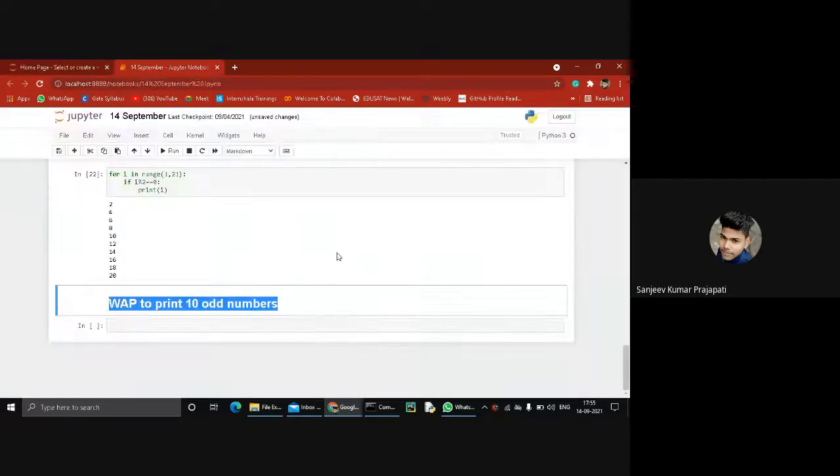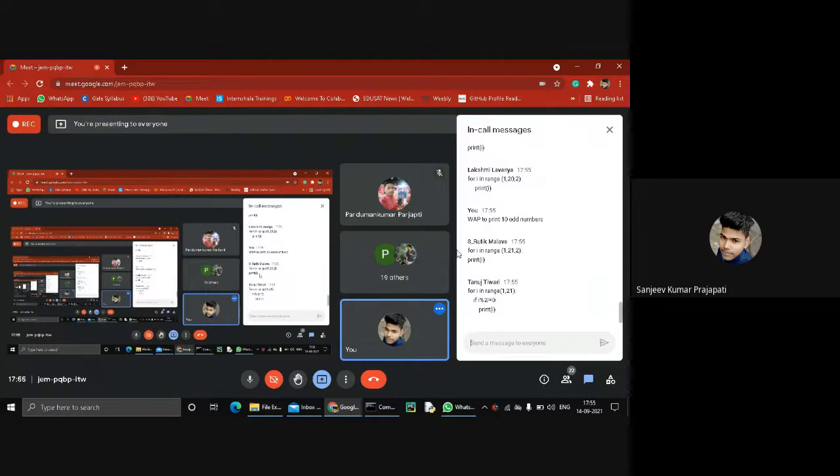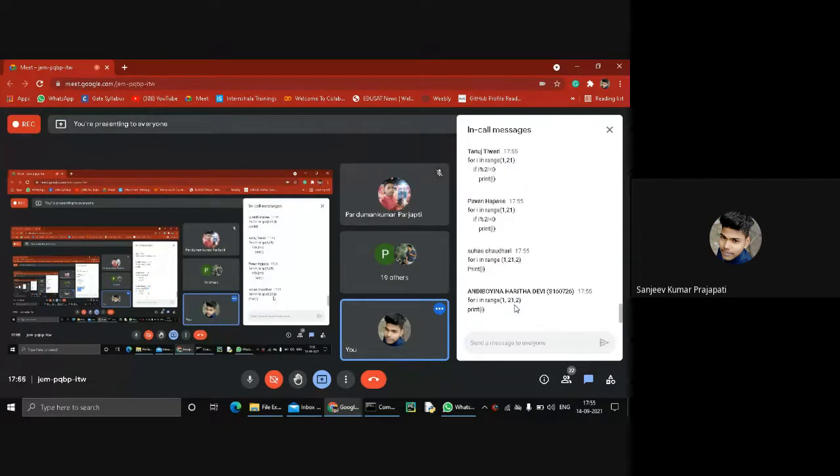So the next question is: write a program to print 10 odd numbers. Again, not equal to, yes, right. For in range 1 to 2. Suhas Chaudhary, syntax error: colon is missing, and print has a small p, not capital. Again, the same thing, colon is missing.